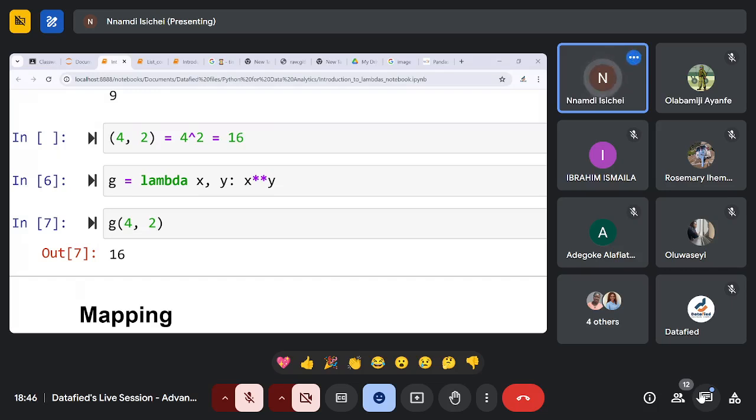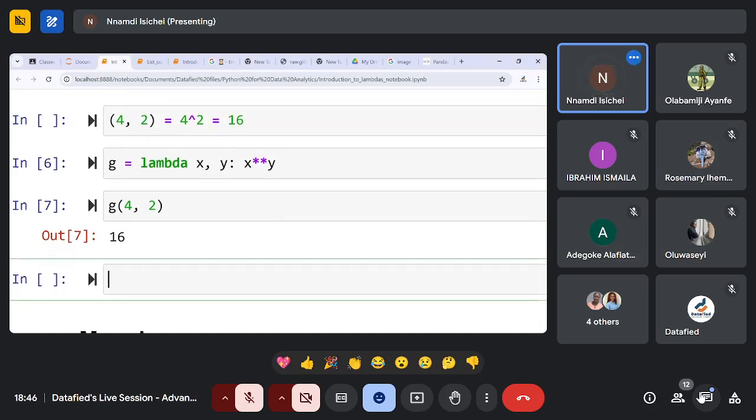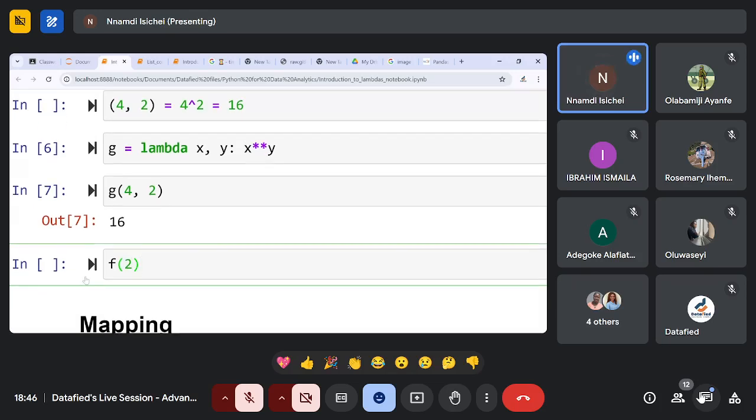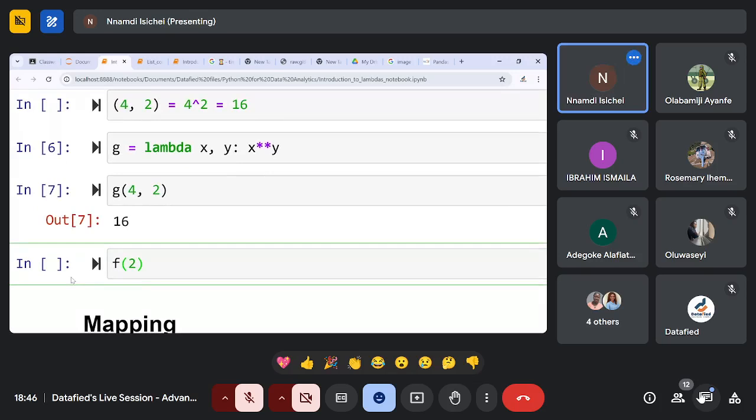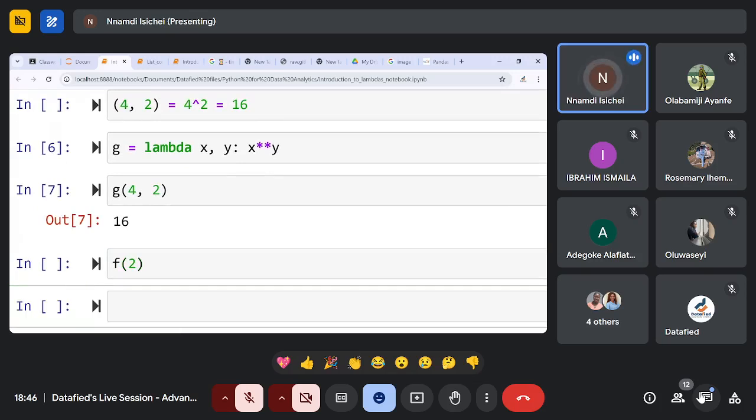I want you to, who can write a lambda function for us that can return? Okay, I'm just thinking about the problem in my head. I hope this problem will be solvable in this class. This is what I want to do. Let me call my lambda function f. If I give f 2, for instance, my output should be this,